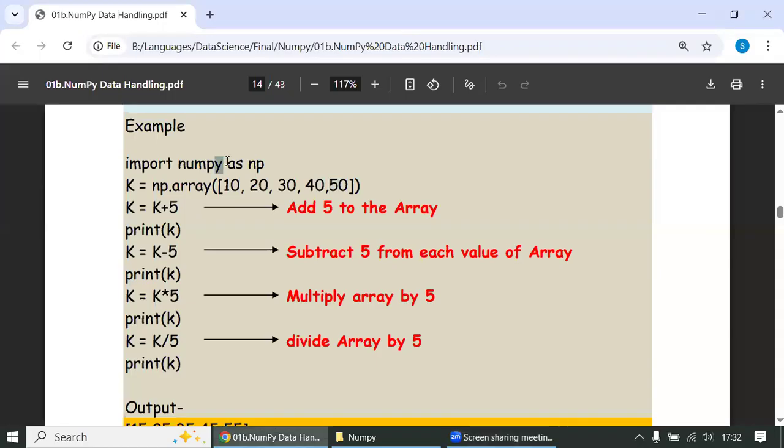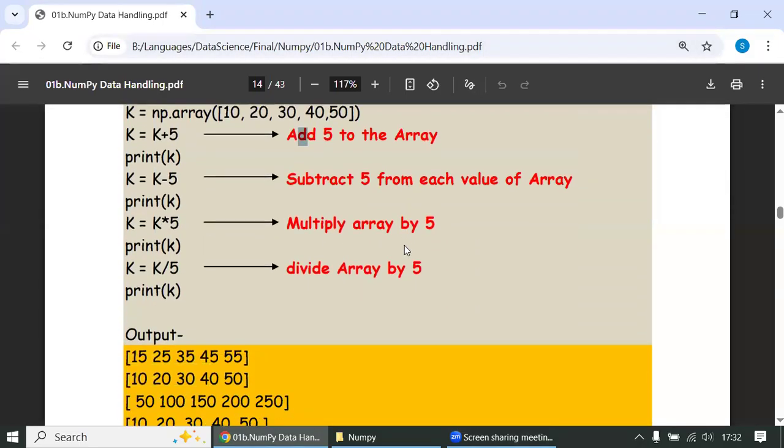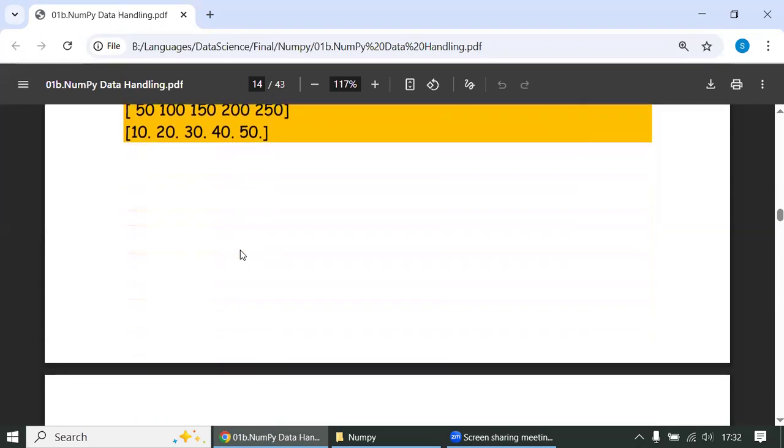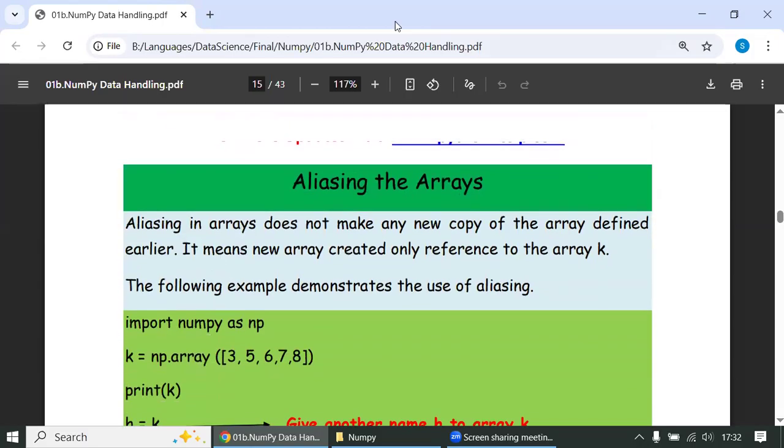Now import numpy as np, k = np.array([10, 20, 30, 40]). Now print k + 5, print k - 5, print k * 5, print k / 5. We'll get these values.